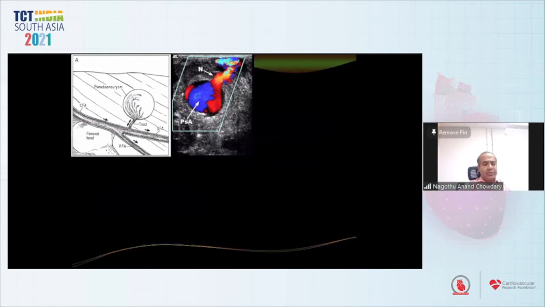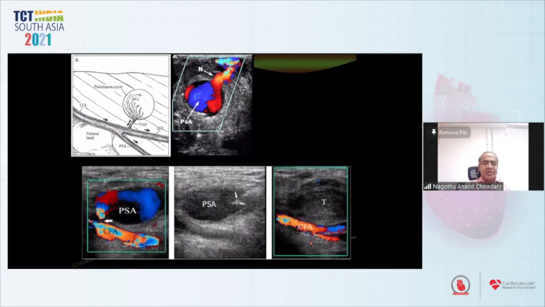Ultrasound guided thrombin injection into the pseudoaneurysms. In the second slide, you can see the needle, and in the third slide, you can see the thrombus formation